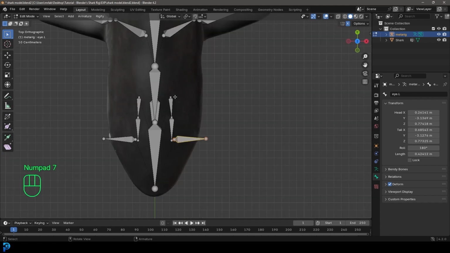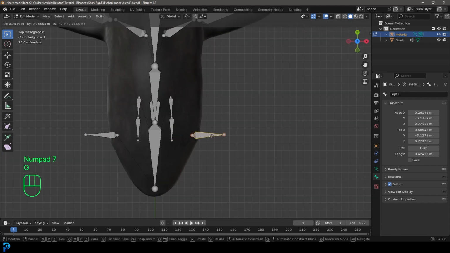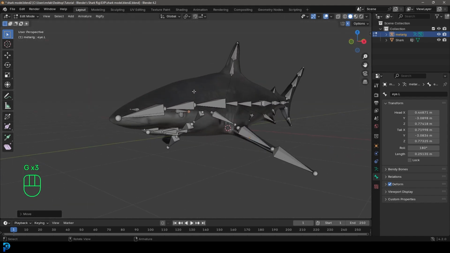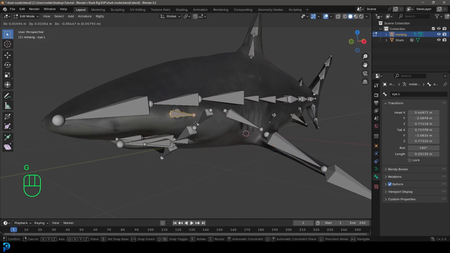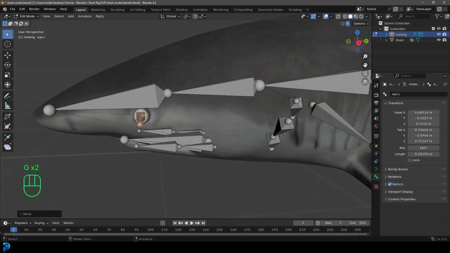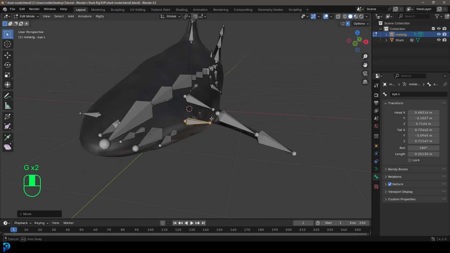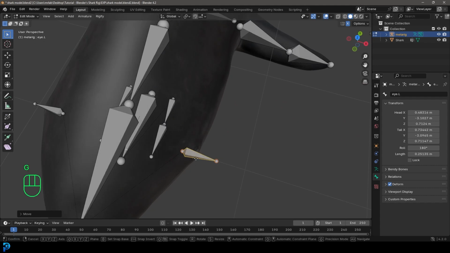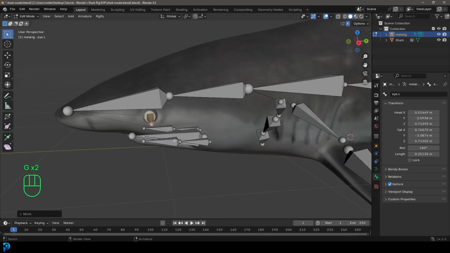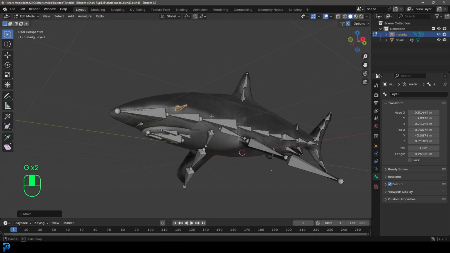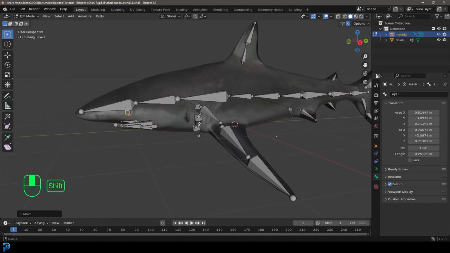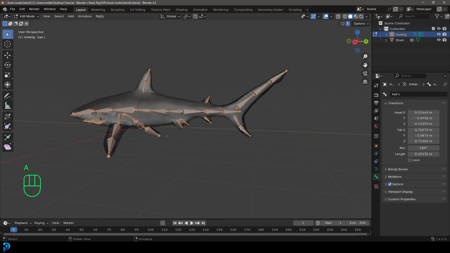And then these bones here are just the eye bones. You can kind of move them out and place them by the eyes, just like that. But generally, you're not going to have to really do too much animation with a shark's eye. I would actually do that with keyframes anyway and set up my own custom drivers with some custom shapes. But that's a completely different thing to the tutorial we're doing here. So now that all of these are in place,